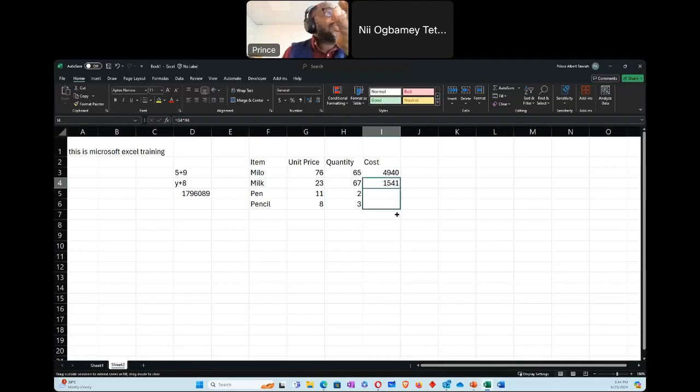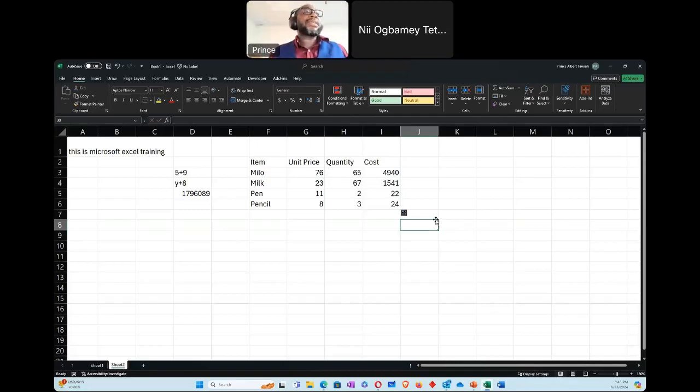I can use this one to drag it down and it will still do my calculations for me. This is the power and flexibility in Excel, giving you the ease and the flexibility to do your work. So for example, if I have made the input for, let's say, 100,000 entries, I don't need to calculate them one by one. I just need to do one and it will run the rest through for me. I hope that's okay.